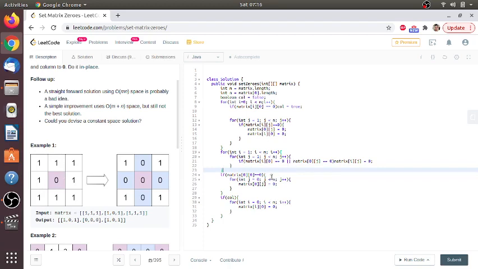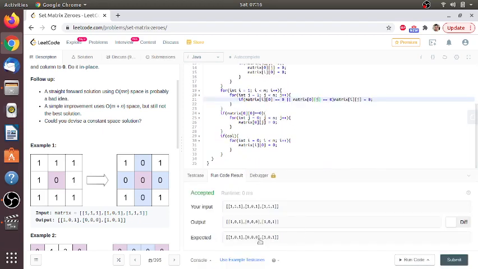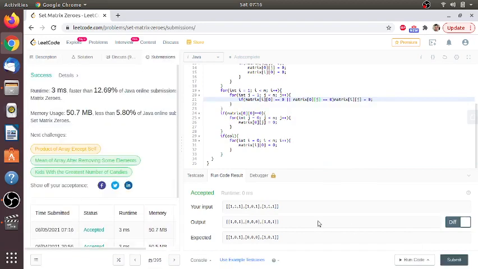So yeah, this is the way. And then let's run it for a while, it should work. There is no error, so let's just submit it. Okay, this is faster than, I don't know why it's less than this. So this is the way we can do it.